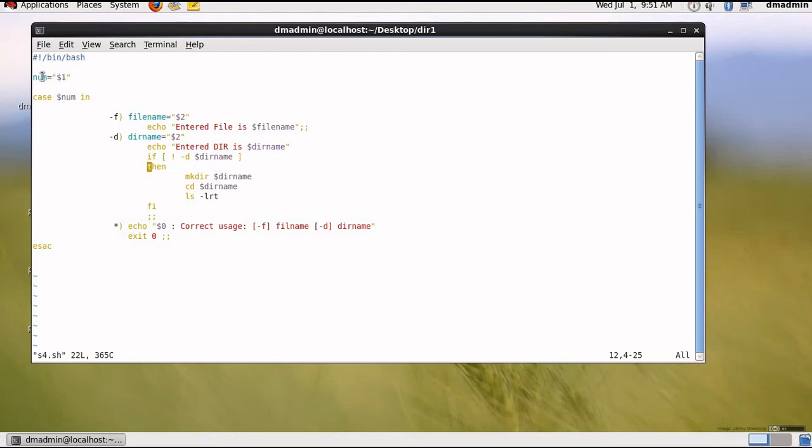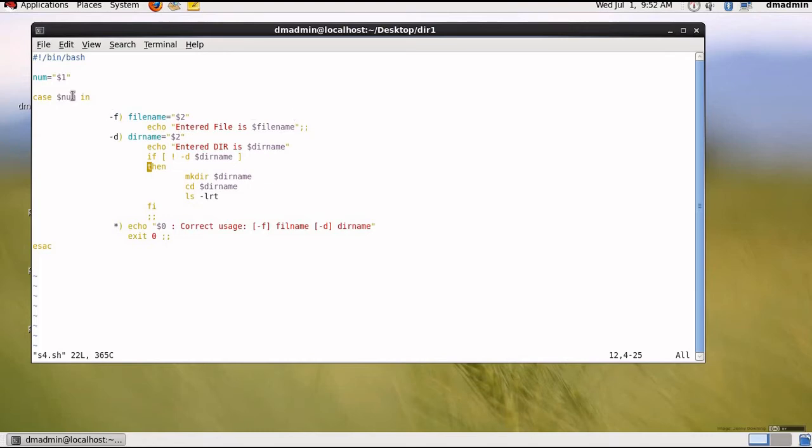So the first parameter that is passed, I'm putting it inside case condition. For example, if I'm running this program with -f as first parameter and then some second variable, the second variable will go inside $2, which will go inside file name. Then I can echo entered file is $file name, and again I'm ending it with two semicolons.